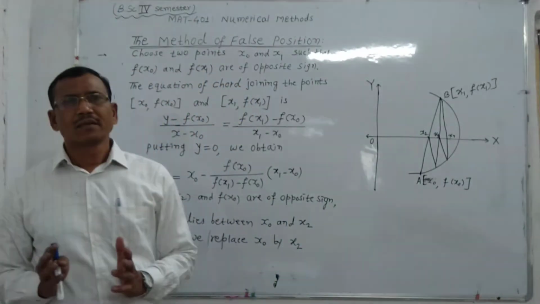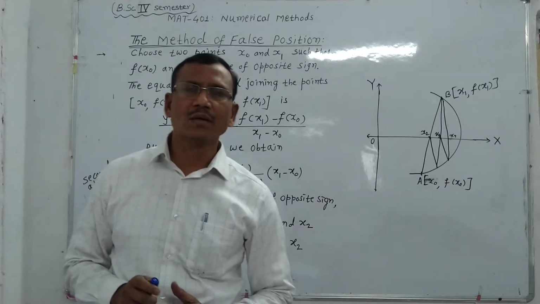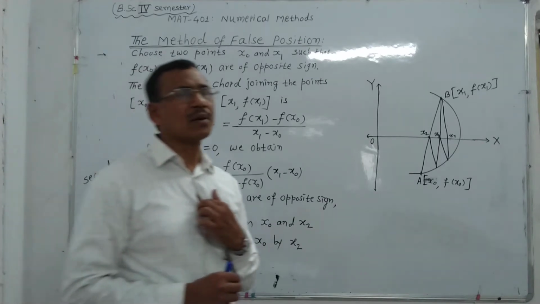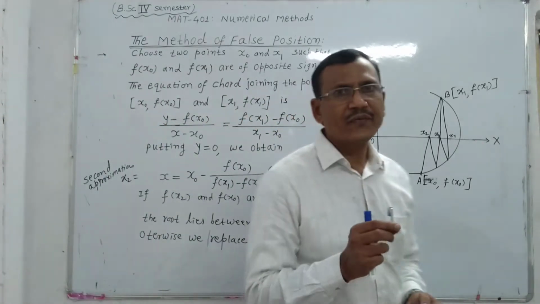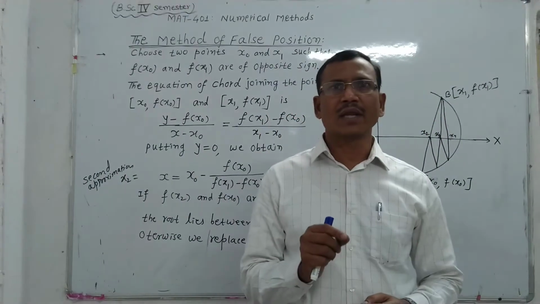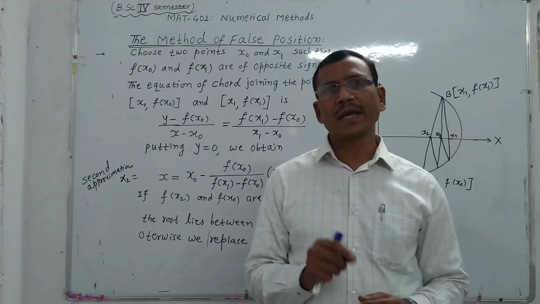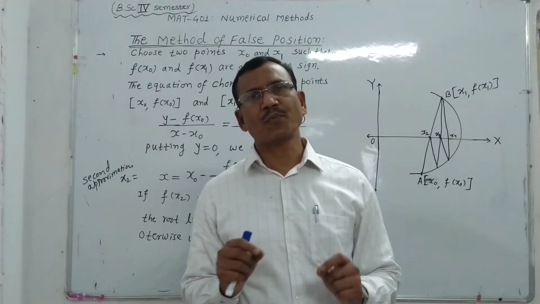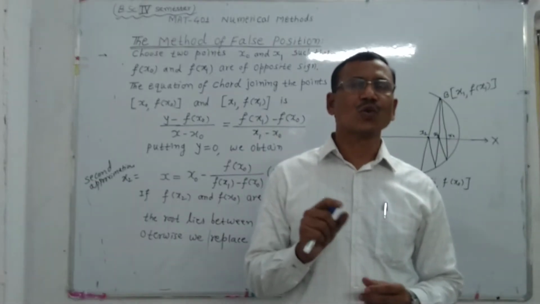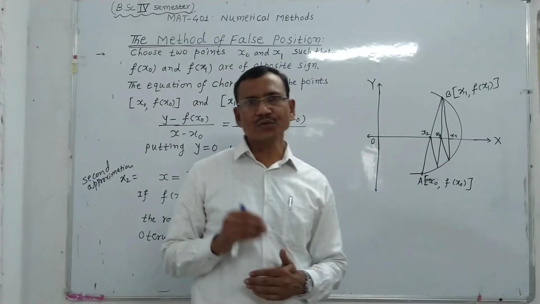We have seen the first method of solving such equations, that is the bisection method. The bisection method depends upon the theorem: if we consider the interval a to b, and f of a and f of b have opposite signs, then the solution lies between a and b. Using this,